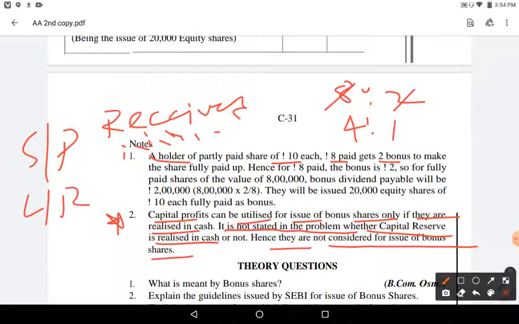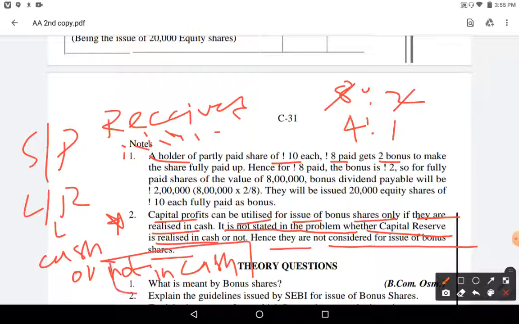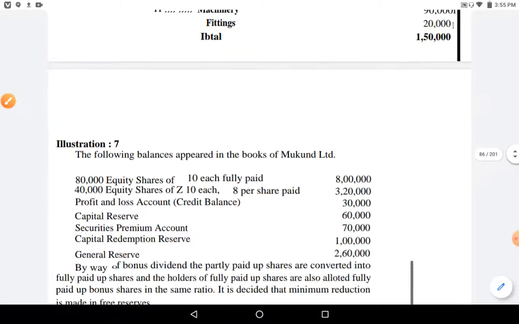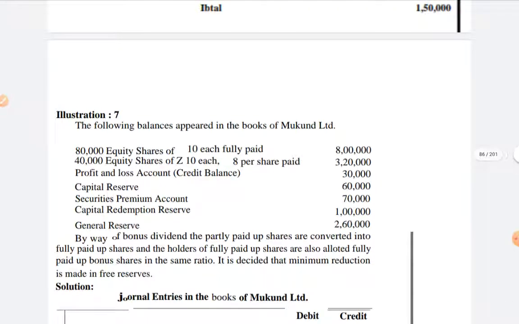If it is not given in the question, and you write a note that you have considered capital reserve as out of cash only, you can use that reserve also for the purpose of bonus shares. But you need to clearly mention what assumption you are taking, whether capital reserve is received in the form of cash or not in cash. Here they consider it is not in cash, so they wrote the note. Similarly, we need to write. Okay. So same way here he has mentioned to utilize the